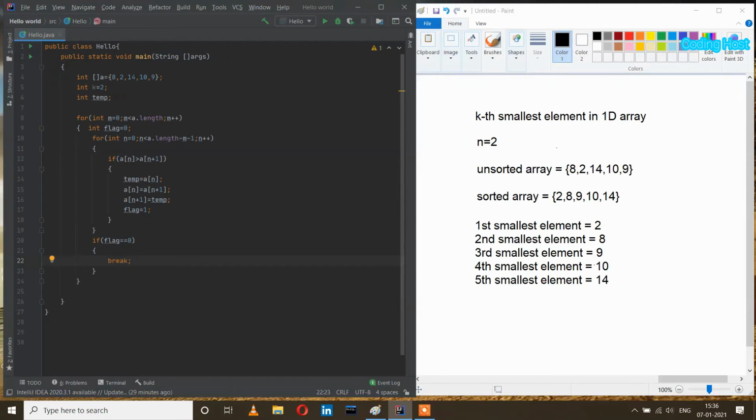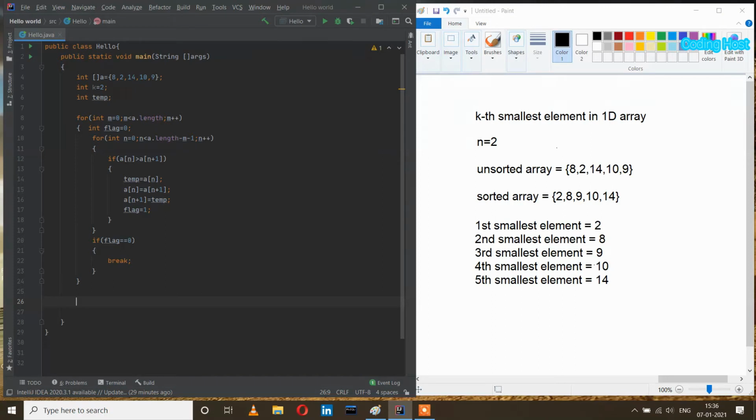Break. From here to here, this is the part of our bubble sort algorithm. In this video I will not explain the working of this algorithm, you can check it from my video, and I will directly show the output, what we get after sorting.